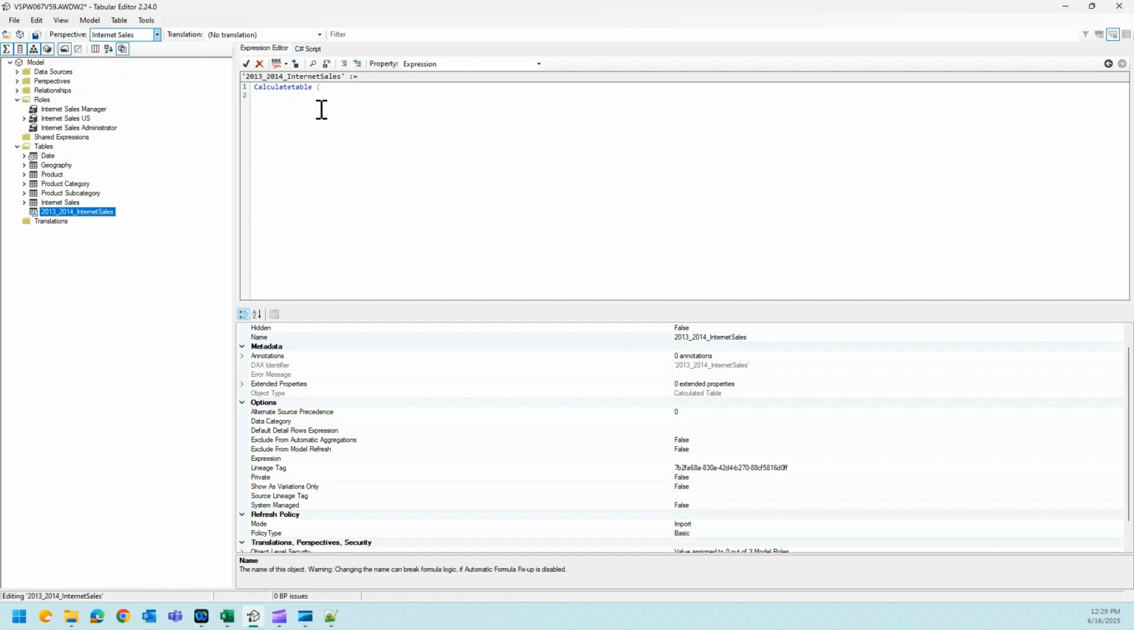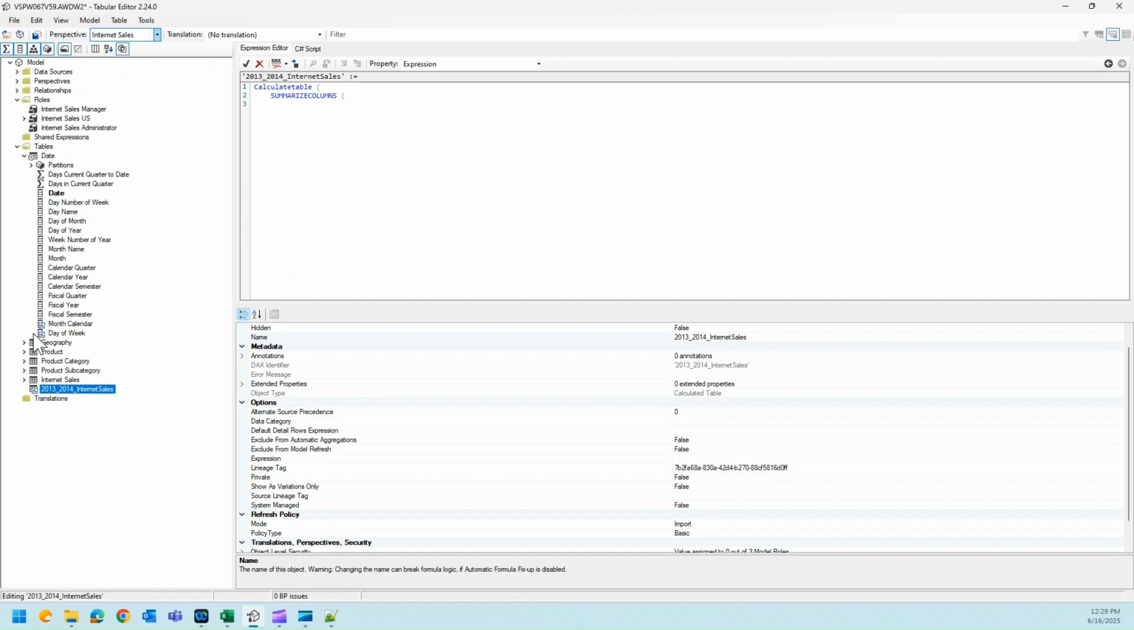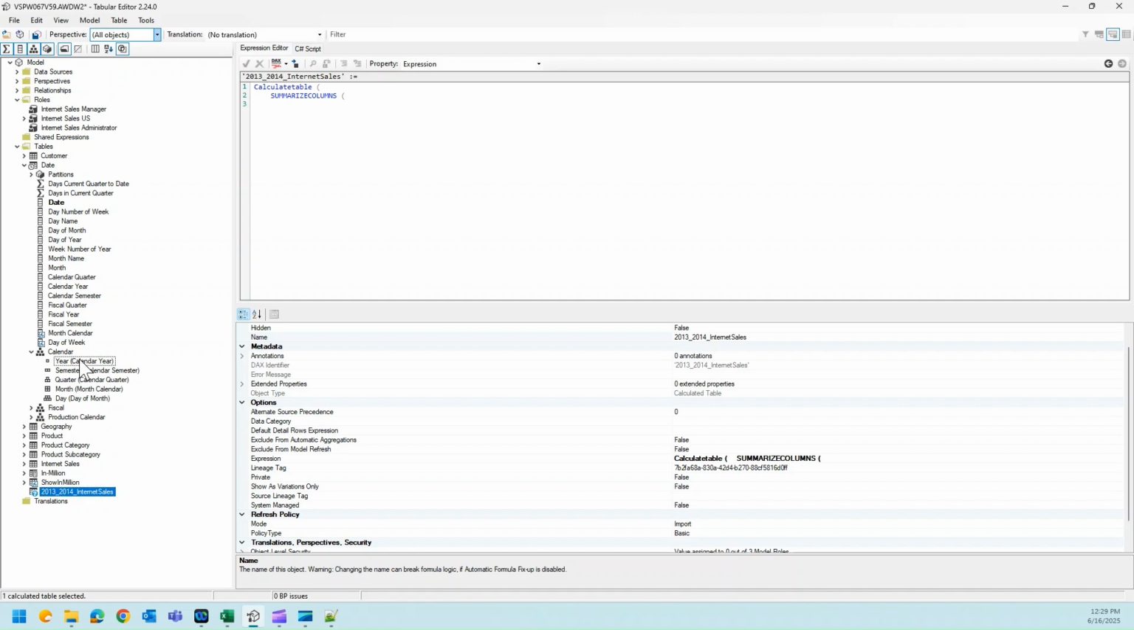Okay, and then I use the summarize function, summarize columns. Now what I want here, I want to take the calendar year from my date dimension. Sorry, I'm in the prospector, right? I go to all objects. Under all objects, I'll see my calendar hierarchy. From this hierarchy, I want to take, oops,